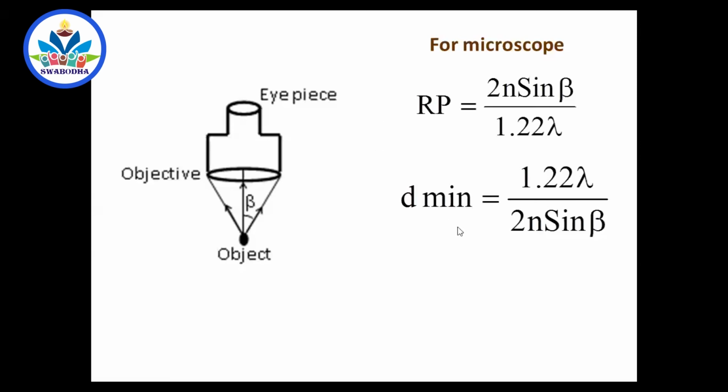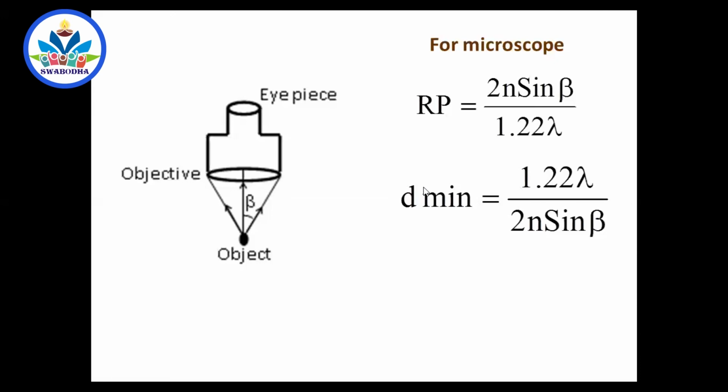So what are the types of questions, sir? One, what do you mean by limit of resolution? I am talking about the microscope. It is the minimum distance between 2 point objects which are seen just separated when seen through the microscope. When you see through the microscope, if 2 point objects are seen just separated, then what is the minimum distance between them? That minimum distance is called limit of resolution.